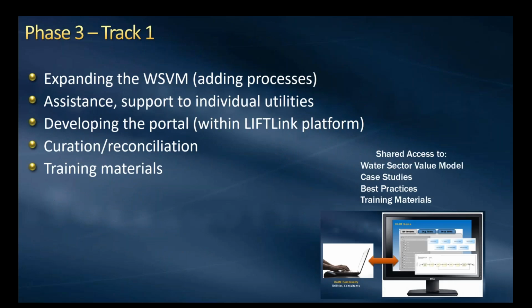So what we'll do in phase 3 is we'll continue to expand the number of case studies that are done, but a lot more intensively. And in doing that, we believe that the utilities and the utility partners require some expertise in terms of that business process model and notation. We'll provide that assistance and we'll help them to understand the modeling tools as well as how they're applied